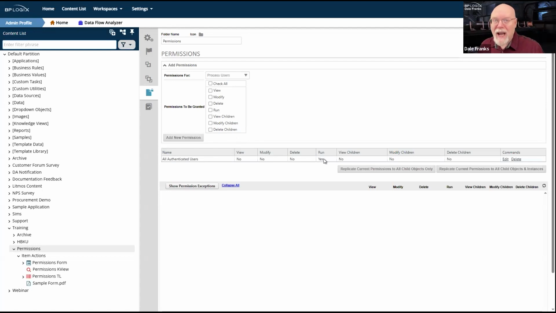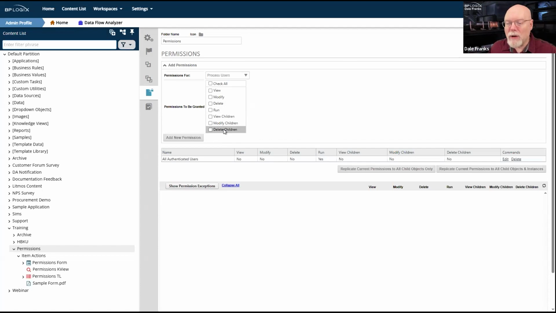Everyone, by virtue of having a Process Director account, has run permission. So even though there may be circumstances in which I do want process users, participants in a process, to be able to run, like perhaps create second forms off of an initial form, sure, fine, but they're already covered under all authenticated users, so I don't have to give them that permission again.